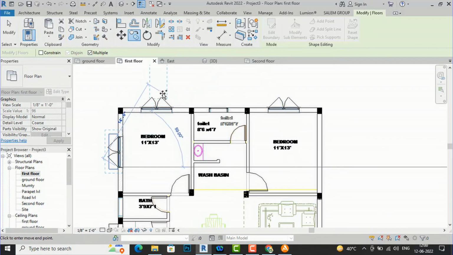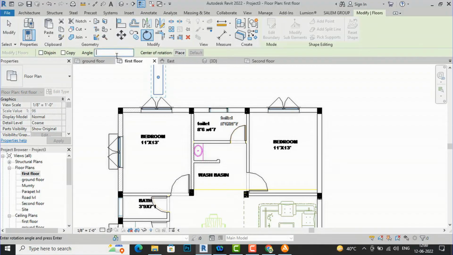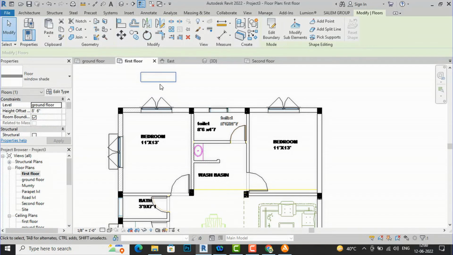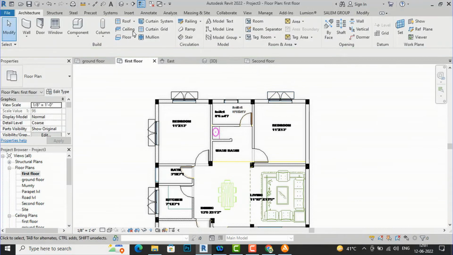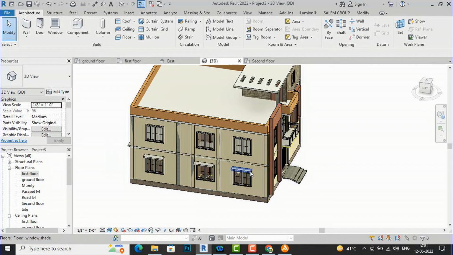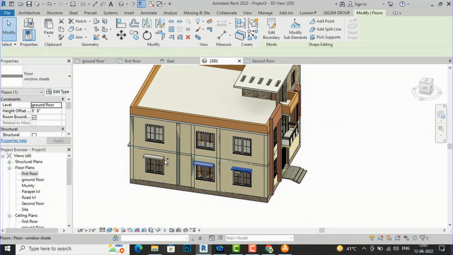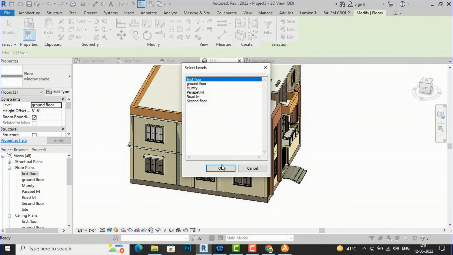So I will show you, and you can rotate this to 90-degree here, and then I will bring this here, and again I will copy this and bring it here. So this is our window projection here, and same you can copy this, copy to clipboard, paste, align to selected level, and you can copy this at second floor